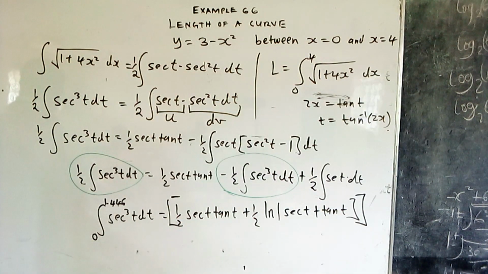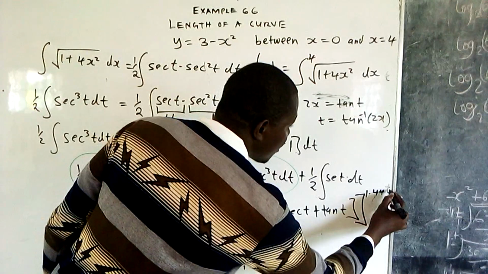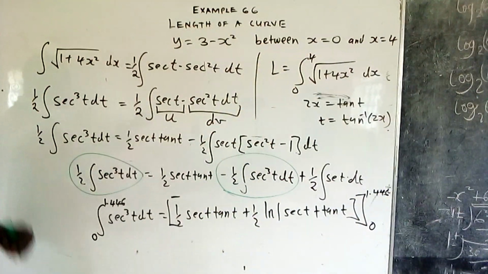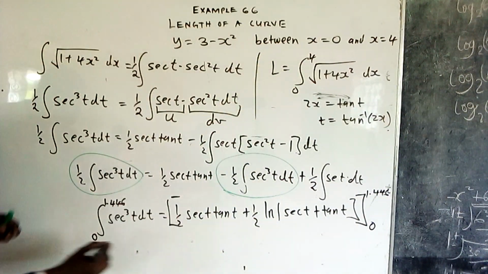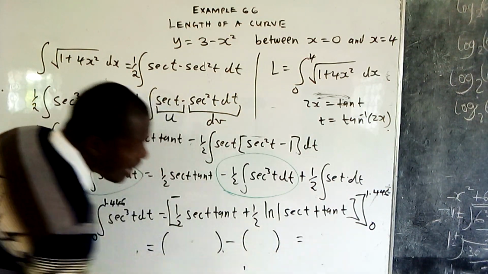Is that okay? Are we together? So we are now integrating from 0 to 1.446, which is already in pi radians. So what do you get with the answer? Substitute upper limit minus lower limit. You get upper limit